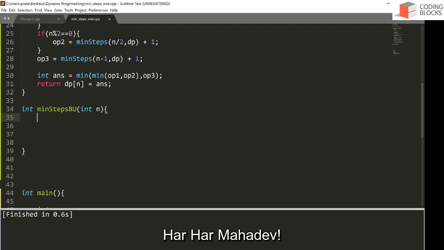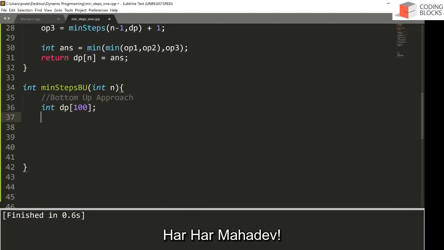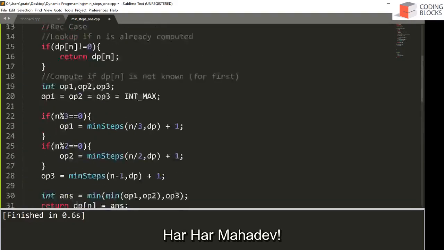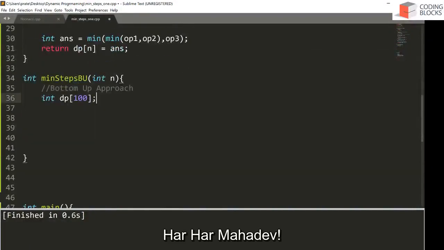Hi everyone, so let's talk about the bottom-up approach to the minimum steps problem. So we are going to talk about the bottom-up approach implementation, right? So again, you need a DP array, and I'm assuming the size is 100, but it can be anything. So what you need to do, we first need to figure out the base case, right? And that we have already seen in the top-down part that if n is 1, the answer is going to be 0. So what you can do, you can initialize everything with a 0,